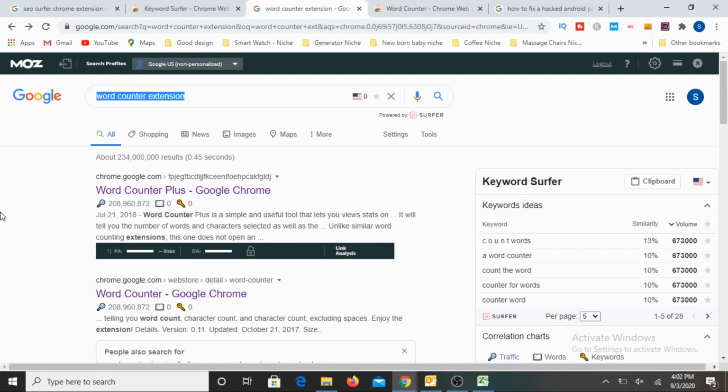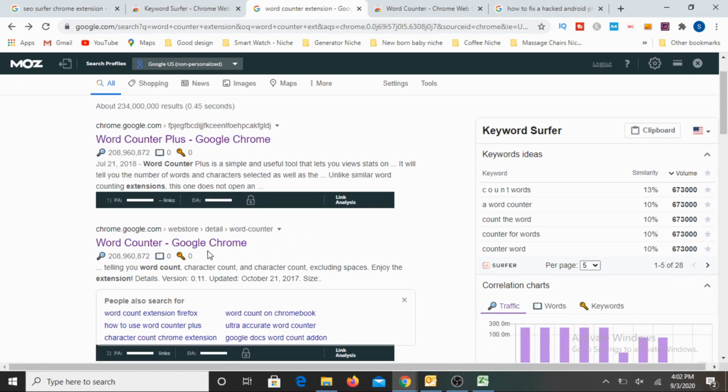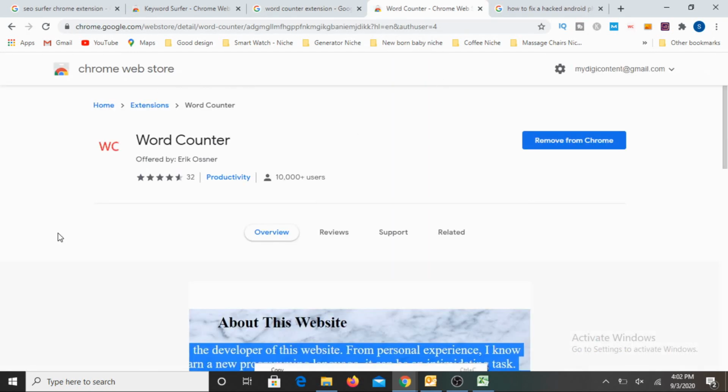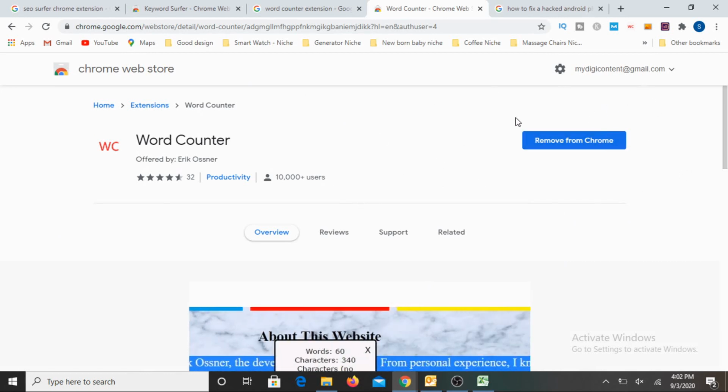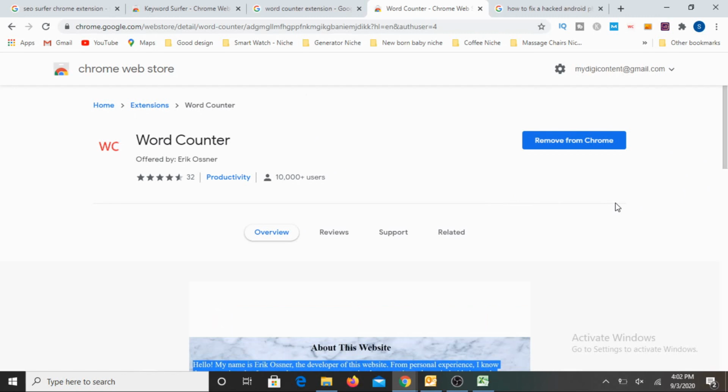I'm not very sure about how the first one works. I assume that more or less the functionalities would be the same, but in any case the second one is what I am using, so you can go ahead and use the same thing. So click this URL and open it here. This is the page you will see. Again, I already installed this extension as well, so I won't find the button here to install. But if you are doing it for the first time, you will get a button here to add to Chrome. So do both these things.